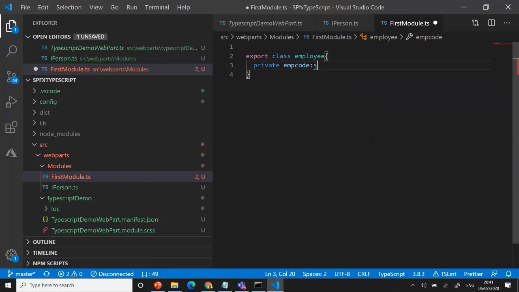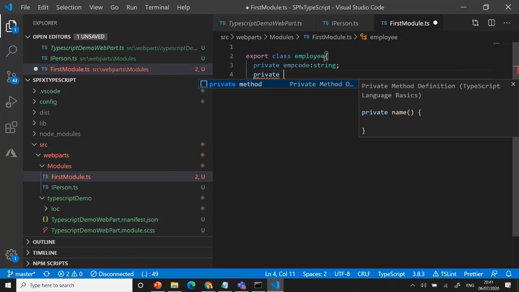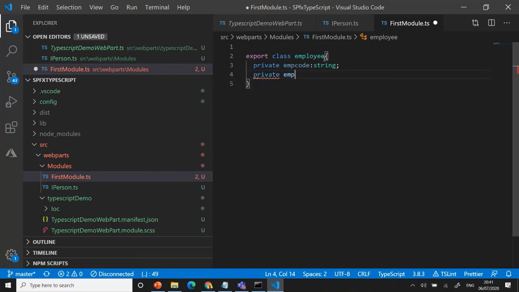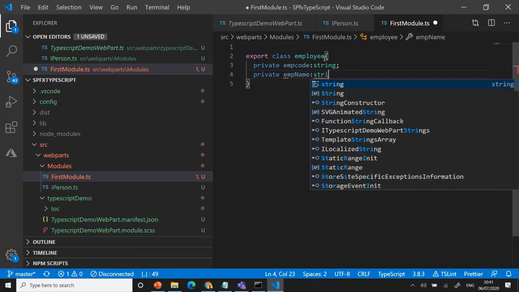Okay, you can always type it, right? We understand that when you compare to JavaScript, here everything you are typing the variable type, string or number, whatever you are using, right? Sorry, employee code first I use, and then there is employee name.